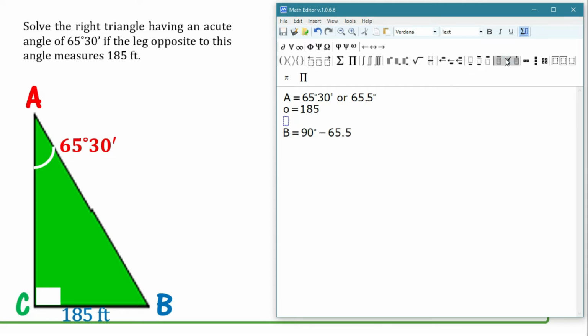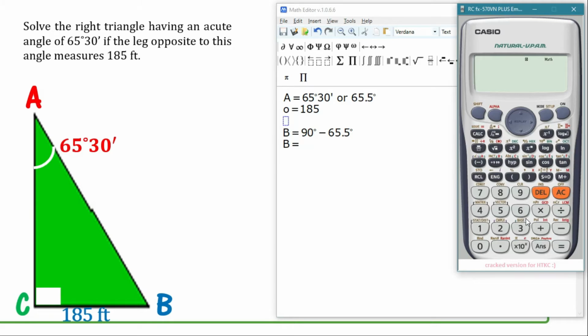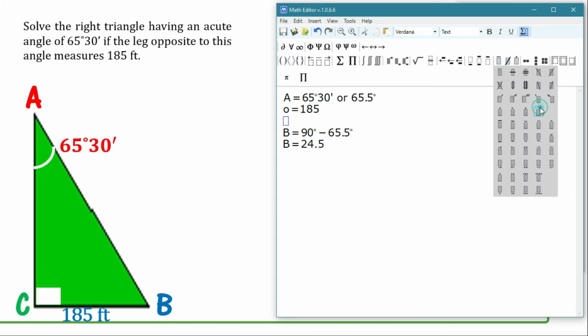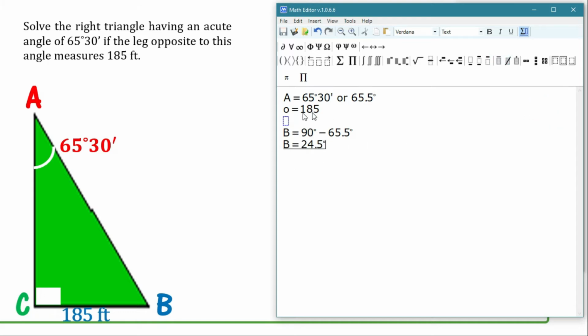So angle B would measure 90 degrees minus 65.5 degrees. So that's gonna be 24.5 degrees. Okay. So that will be the measure of angle B. So we just make use of the relation that angles A and B are complementary angles. So nakuha na natin yung other angle ng right triangle. Okay? Next